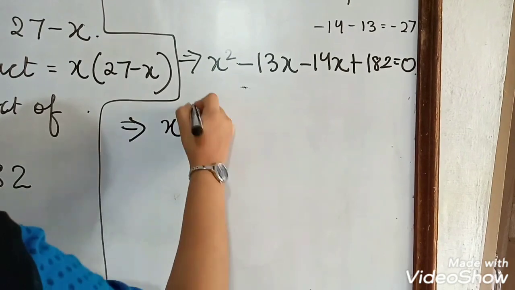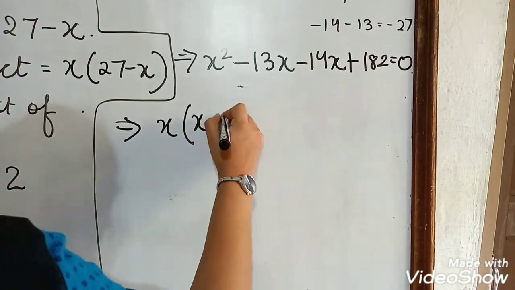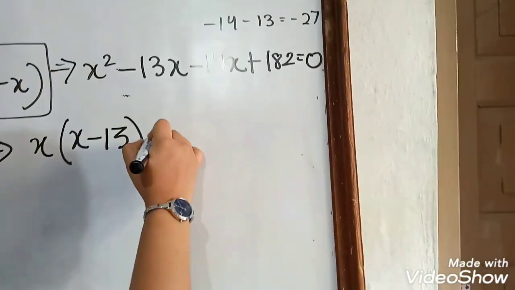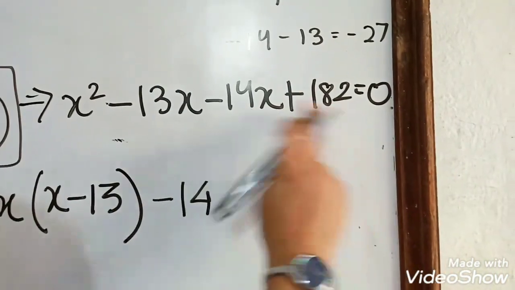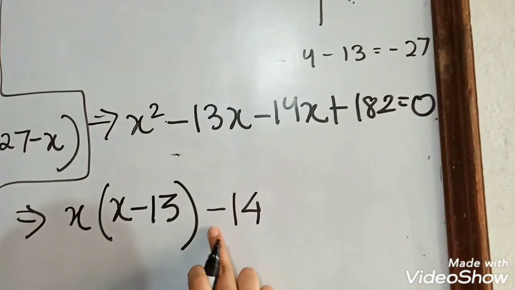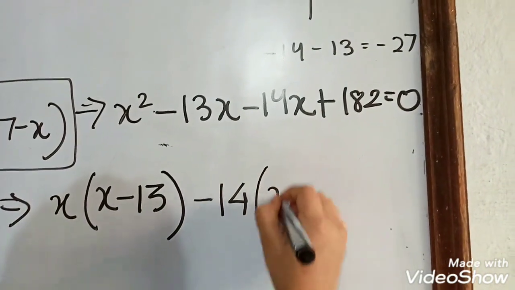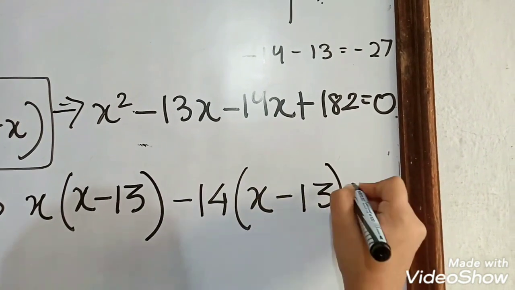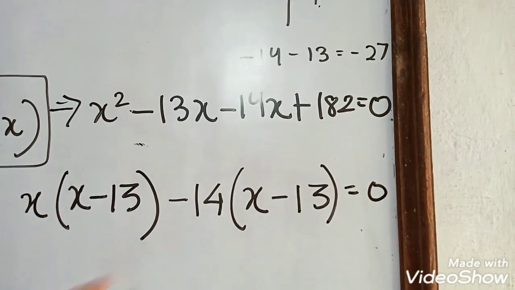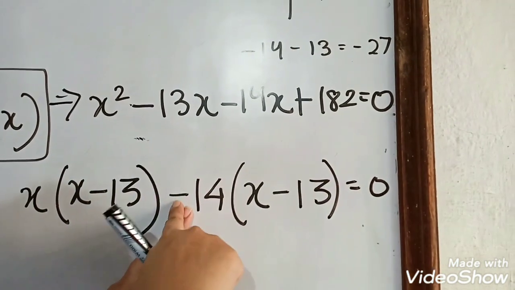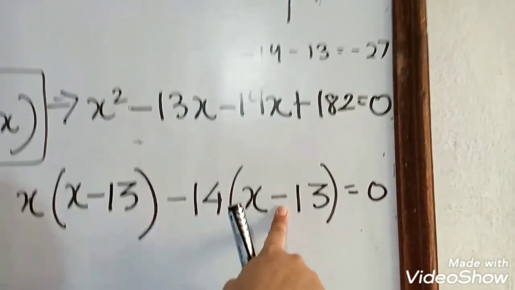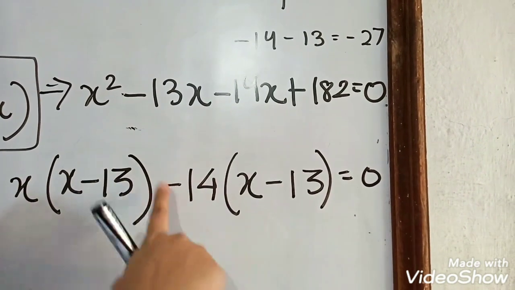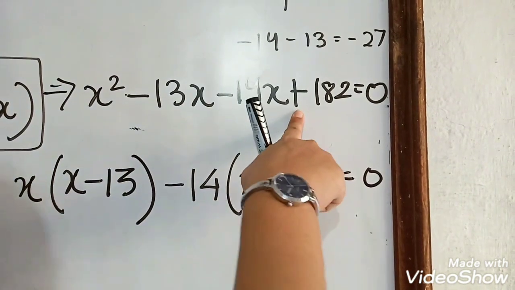So I have taken x common. What are we left with? x minus 13. Now over here again I am taking minus 14 common, since we do not have x, so we cannot take x out common. So this is minus 14. We are left with x minus 13. Now if I have taken one minus from here, what will be left? Minus sign, because minus minus, when you eventually solve it, will give you back plus.